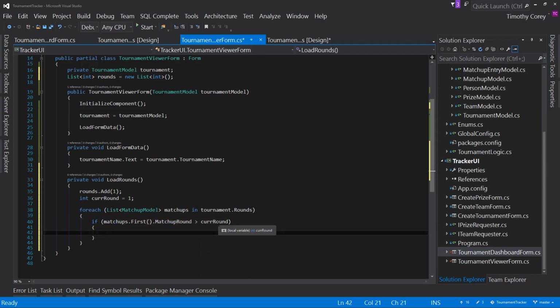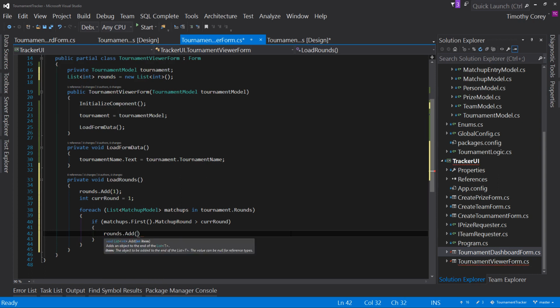This look familiar? We've done something similar before, but in this case we're looping through just our list of matchups. So basically each round is all we're looping through. We're not looping through each value inside matchups. But we're taking the first value inside matchups and we're saying, what's the round that you have? Well, the first one is matchup round. And that's going to say 1. And so we already have a 1. We've added it already. But once we get to 2, then we're going to say is